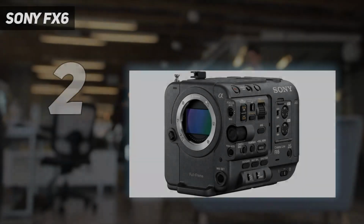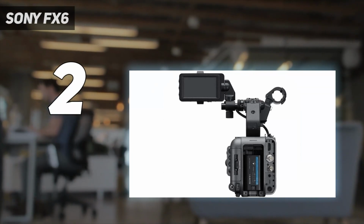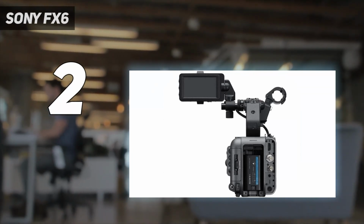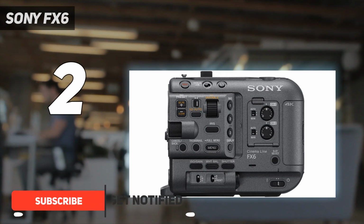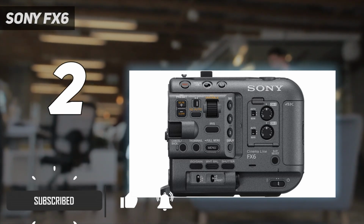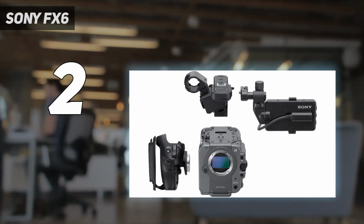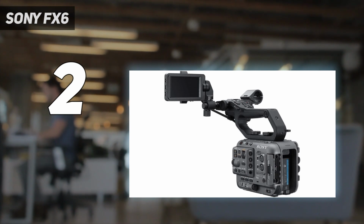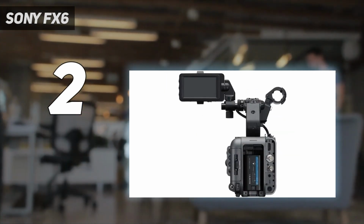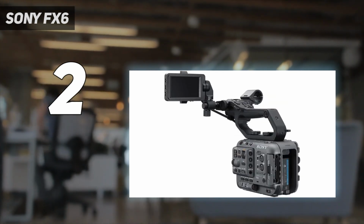Sony FX6. The Sony FX6 answers a real need for filmmakers that Sony's mirrorless Alpha cameras do not. For shooting video, there is nothing that comes close to using a real cinema camera that has professional controls and ergonomics, multi-channel XLR audio, built-in ND filters, no overheating issues, and very long battery life. These cameras are purpose-made for the job but have lacked the full-frame sensor and advanced AF features that mirrorless camera users are used to,